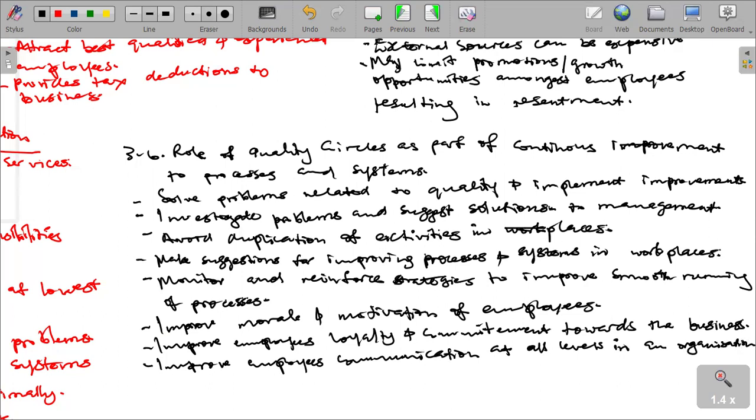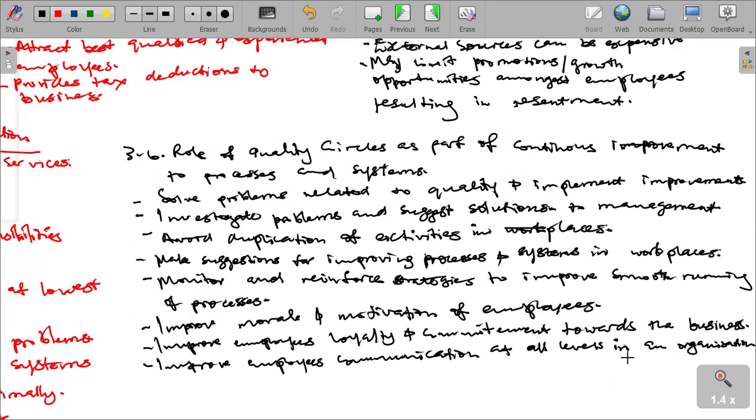There are quite many. We can as well talk about improving the positive attitude and sense of involvement of employees. It can help in decision-making processes. It can help to create healthy working business relationships between employees and employers.